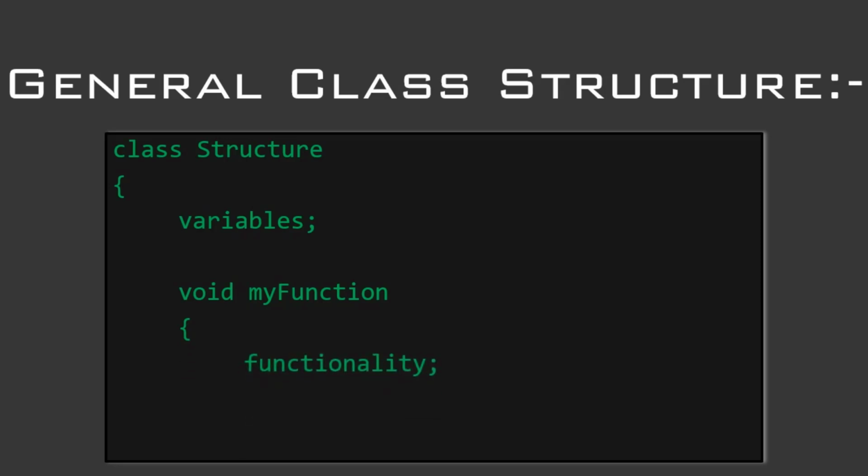General class structure. Here is the blackboard, and I will show you what is the general class structure of the classes. Okay, so keyword class first. Class structure. Structure is the name of the class. We open up a curly bracket, write variables, and we open a function, void my function. Open up a curly bracket. We write the functionality, what would be executed during the runtime,